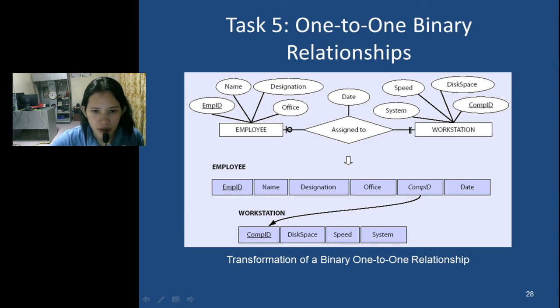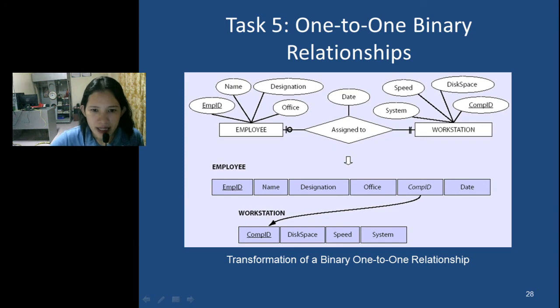Why workstation? Because the workstation has a mandatory cardinality. So whichever is the mandatory, the primary key of that relation migrates to the other relation. It becomes a foreign key. So here, the workstation is mandatory, its primary key is computer ID. So we create computer ID as a foreign key, and we include that in the employee relation,